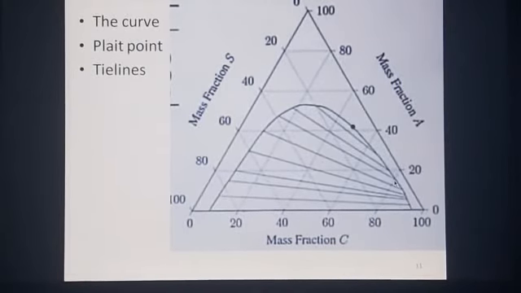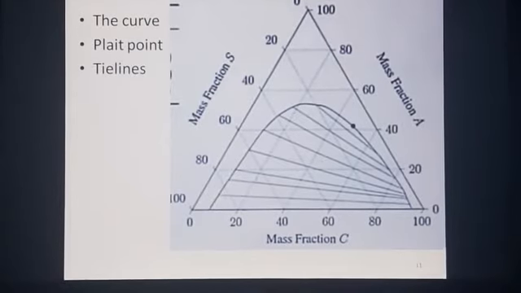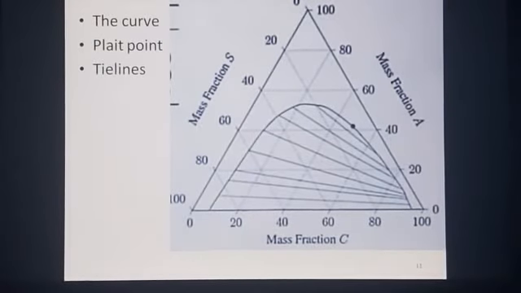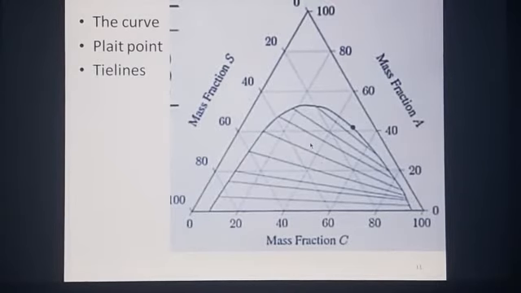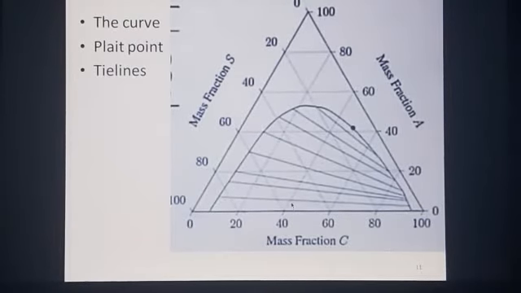Since the raffinate is carrier rich, and these lines are known as tie lines. These are a set of lines which increase their slope in one direction. In this case, they have a negative slope, and this negative slope increases when you go from this to this side of the binodal curve. Okay, so these tie lines define the equilibrium that exists between the extract and the raffinates coming out of the